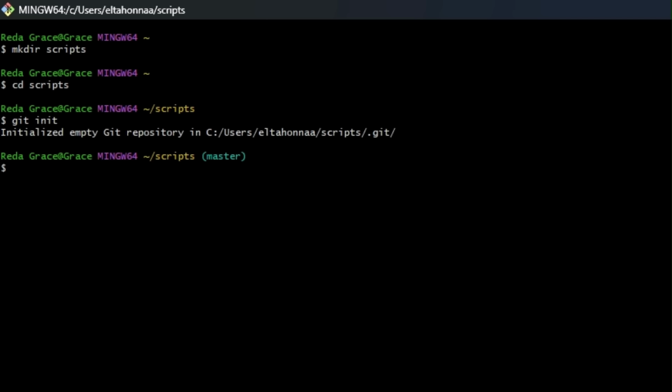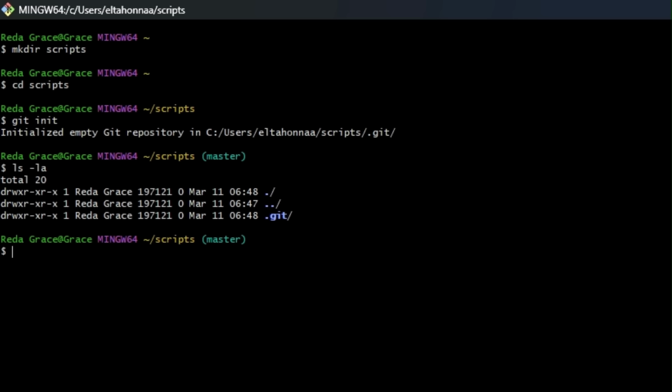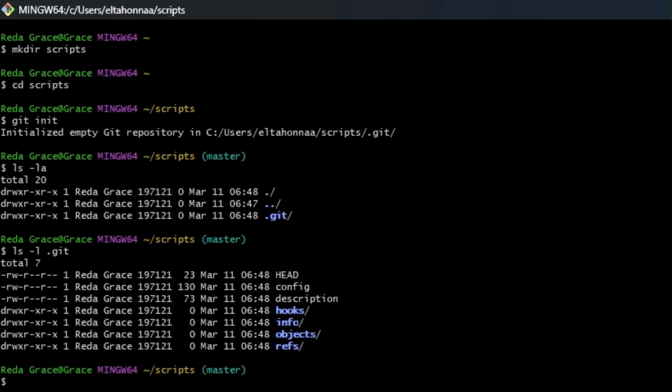The message that we get mentions a directory called .git. We can check that this directory exists using the ls -la command, which lists files that start with a dot. We can also use the ls -l .git command to look inside of it and see the many different things it contains. This is called a Git directory. You can think of it as a database for your Git project that stores the changes and the change history.